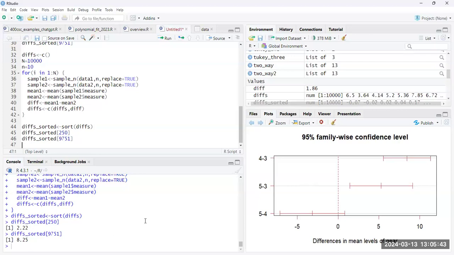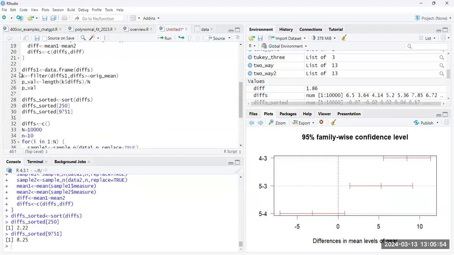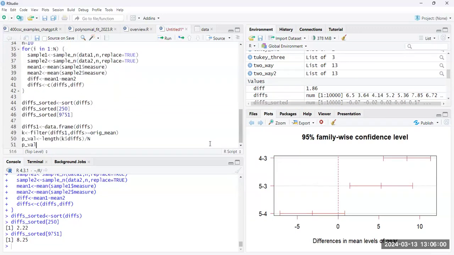And then we can also calculate the p-value much the same way that we did before for our hypothesis test. And again, the code is going to be somewhat similar. So I'm going to copy and paste this and then make some tweaks to it. So we're going to create our data frame from our differences, but I'm going to do it from the sorted ones. Not that it really matters that much. We're going to find our K value. We're going to filter where our differences